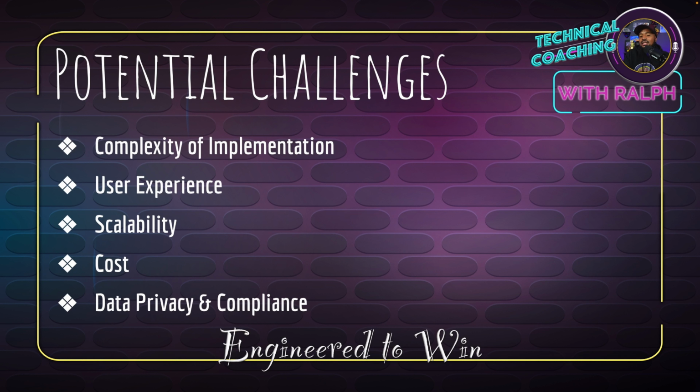So let's get into this real quick, because we're almost done, right? Complexity of implementation, integration with existing systems: integrating zero trust principles with legacy systems can be challenging due to compatibility issues. Yep, that makes sense. If you have an old system and now you need to upgrade, that's going to cost a lot too, right? So infrastructure overall: moving to a zero trust model often requires significant changes to the existing IT infrastructure, which can be complex and time consuming.